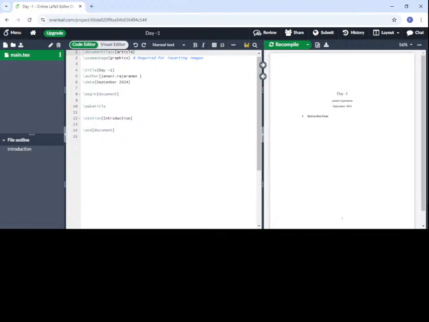has 4 windows. On the left hand side you have the menu window, below that you have the file outline, in between is your code editor, and on the right hand side is your output window. Okay. So the first and foremost,